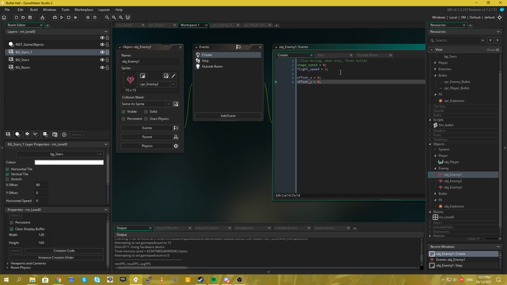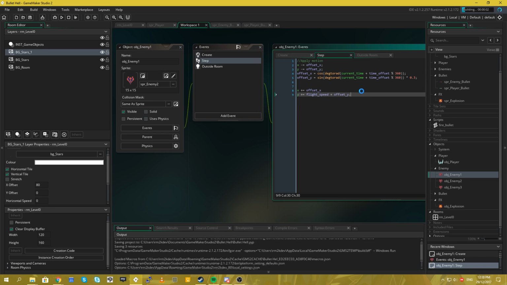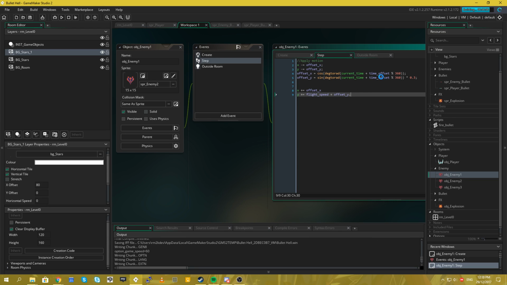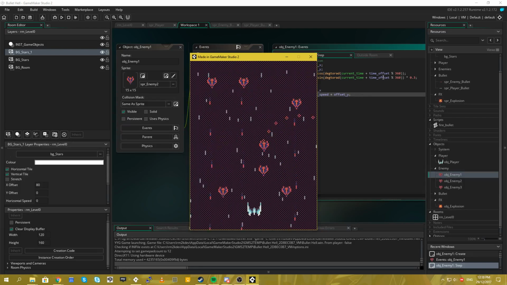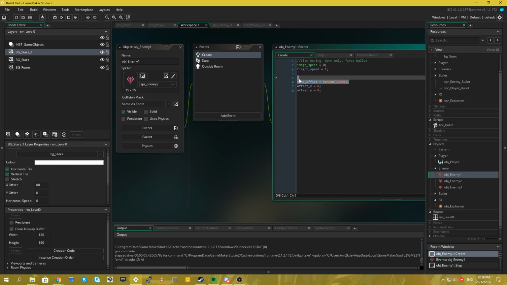So let's create a time offset variable equals random 10,000. Let's just do that, and then we'll throw that onto our time base. That way they'll all have a different offset, I think. Yeah, that works. So we'll do the same thing for the others.